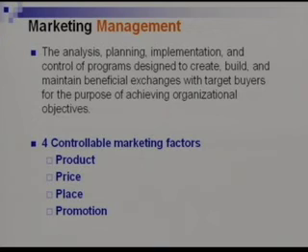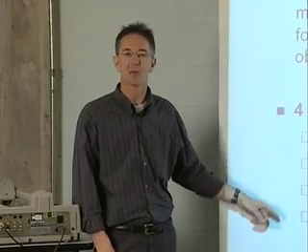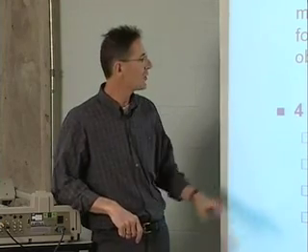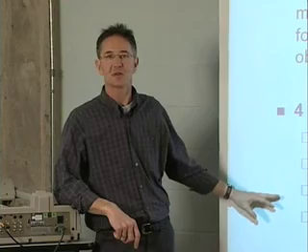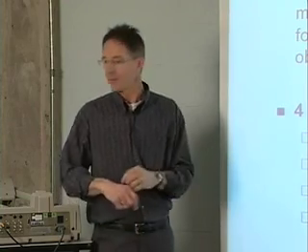Now, marketers have four controllable factors that they're able to use as they manage. They're called the 4 Ps: product, price, place, and promotion. And we'll talk about those in the last half of the course. But those are the four things that marketers change and work with in order to try to generate